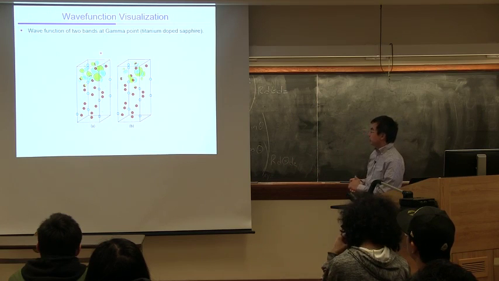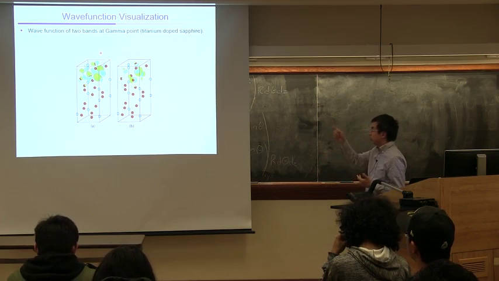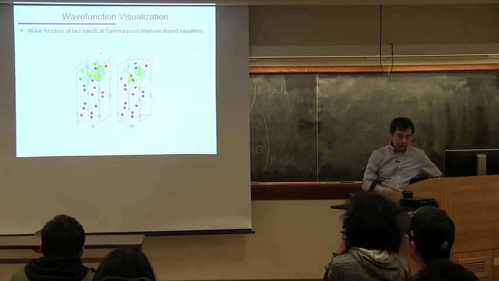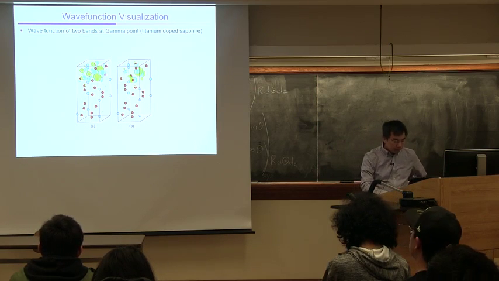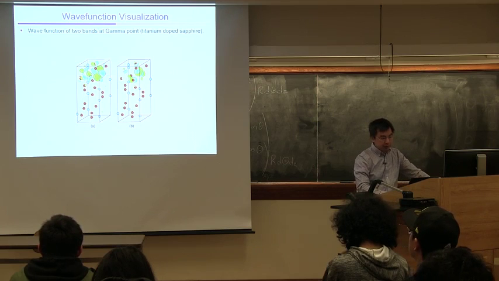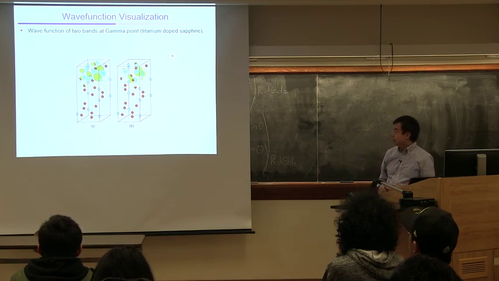So this is a transition from one 3D level to another 3D level. You can see the wave function has a lot of the 3D orbital shape, but also some contribution from the host atoms, not just the titanium, but also some wave function of the sapphire, which is aluminum oxide. So this tells you